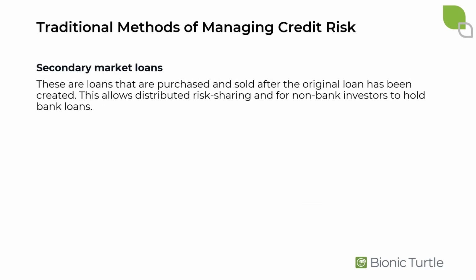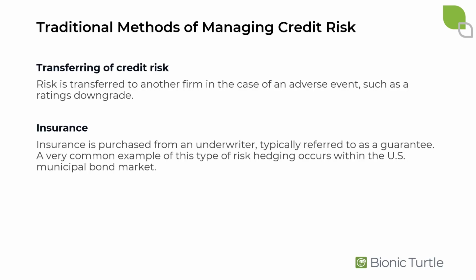Another method of transfer, secondary market loans. So a loan is made and then sold on afterwards. So whoever made the loan can choose to sell it on and hence distribute the risk. Assets and hence credit risk can also be transferred in the event that something happens to the loan. So some sort of adverse event, a ratings downgrade, something like that, might trigger the transfer of the loan. And insurance. Insurance purchased from an